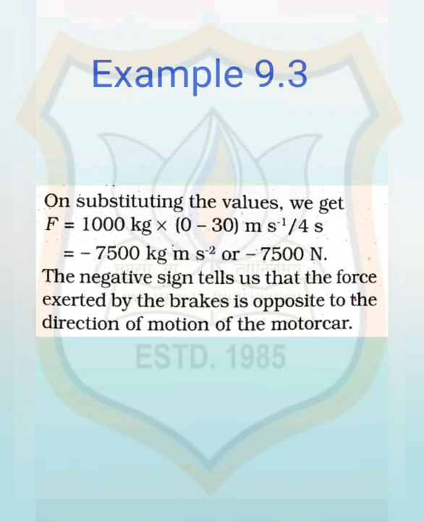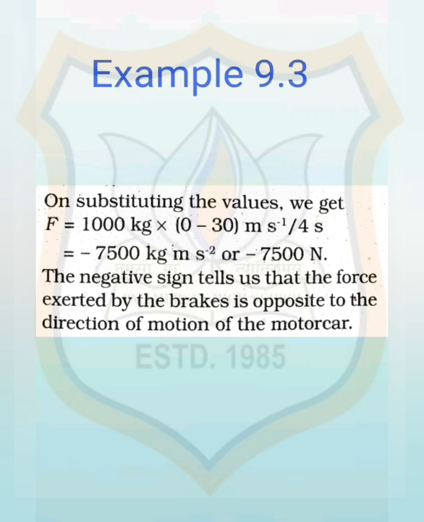So on multiplying, 0 minus 30 will be minus 30, and 1000 into minus 30 divided by 4 gives the answer minus 7500 kilograms meter per second square, or